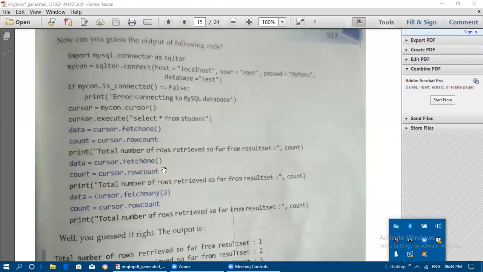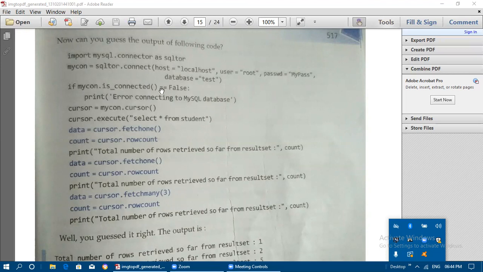Now we'll see one big example with the full coding from the beginning. From the first statement, we need to import the library, which is called by the name sql. Using that, we call the connect method and create the connection object. Whether that connection object is connected correctly or not is checked with the help of the is_connected function. If it is false, we need to give double equals for comparison here. We should not use single equals, otherwise it will be treated as assignment. We need to use double equals for comparison.